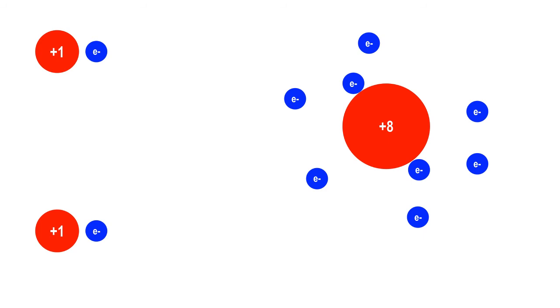Over here on the right is a big nucleus, +8. That's my oxygen nucleus. I haven't put any neutrons in there, I just put +8. That represents the nucleus. Around there, I've sprinkled in, at random positions, 8 electrons. The only thing I did when I put my electrons in here, I put 2 of them down close. So these 2 down here are the n equals 1 electrons for the oxygen atom.